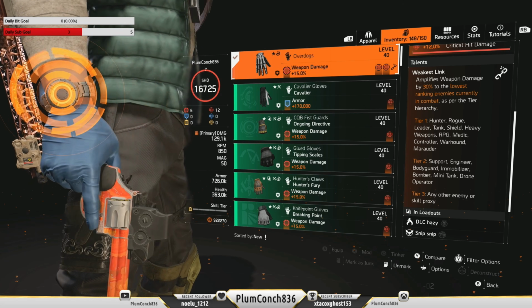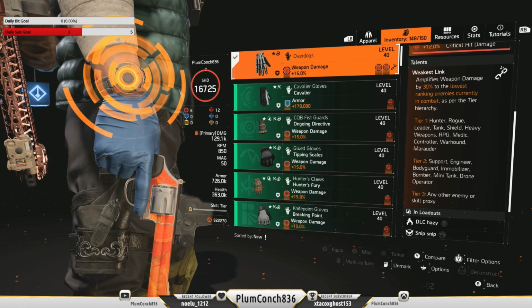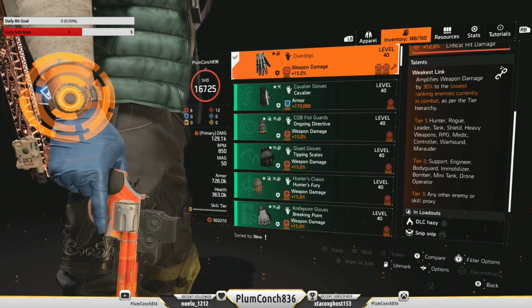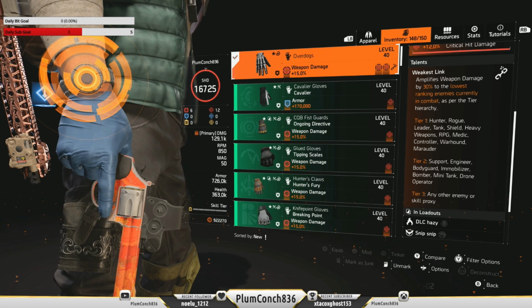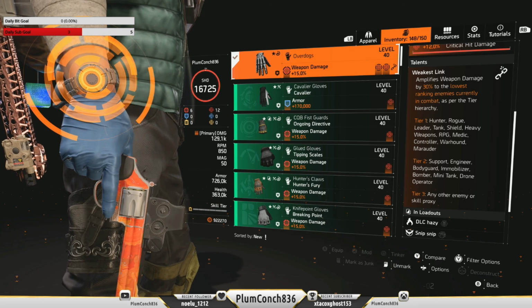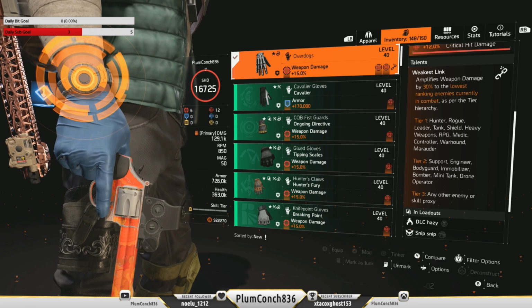Tier 1 is obviously your highest tier NPCs, your hunters, your rogues, leaders, all that sort of stuff. And then the tier list goes down from there. Honestly, I don't tend to pay too much attention to what I'm shooting, I just want to try and land shots. But I kid you not, when you see those huge damage numbers, you'll be like, damn, the Overdogs,